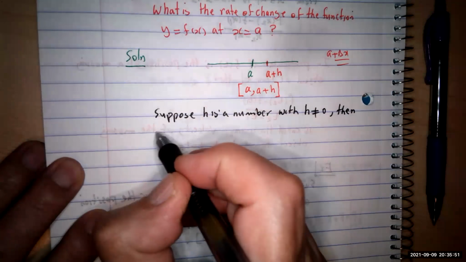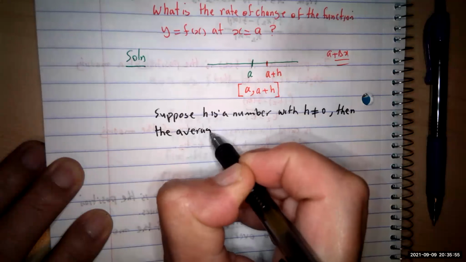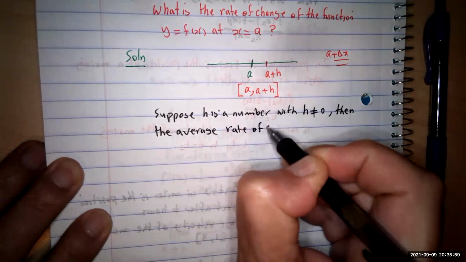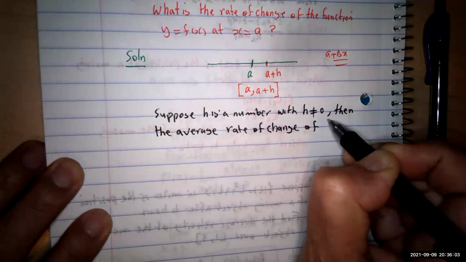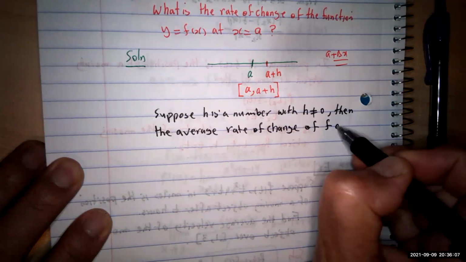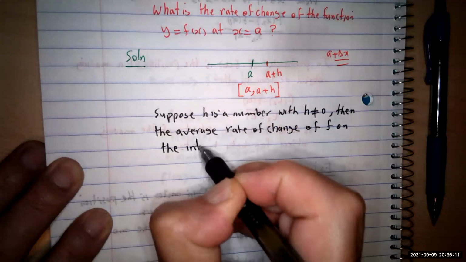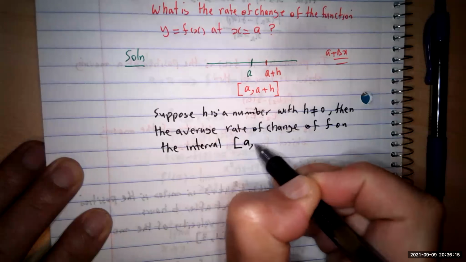Then the average rate of change of the function f over this interval, on the interval a, a plus h,